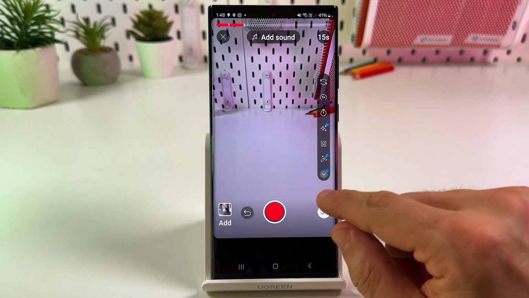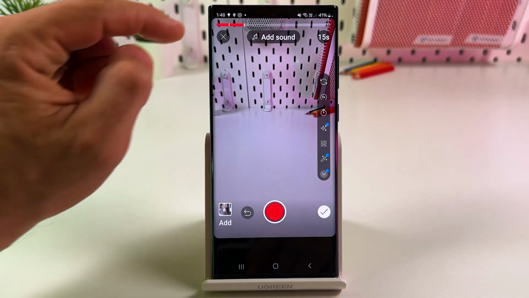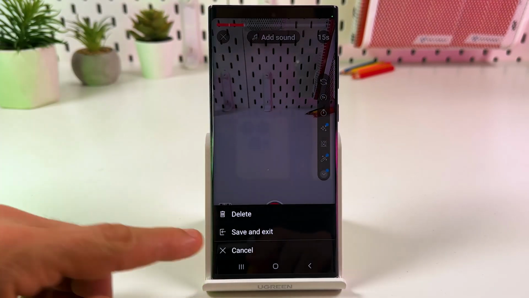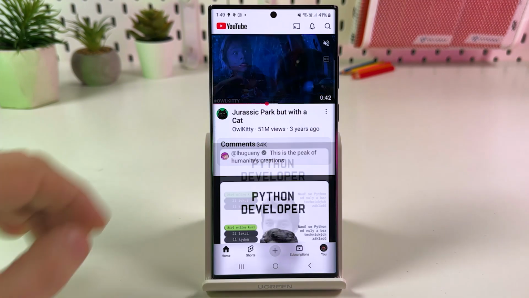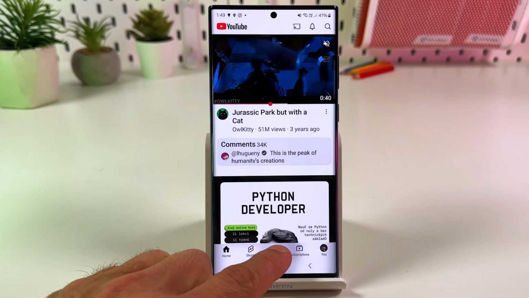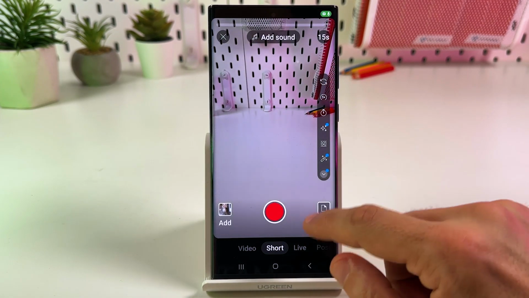And now instead of tapping on this check mark, tap on the cross icon at the top left and tap on save and exit. Next, once again, tap on the plus icon, and now you can see additional icon here,